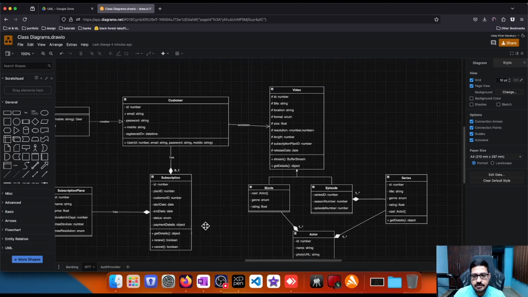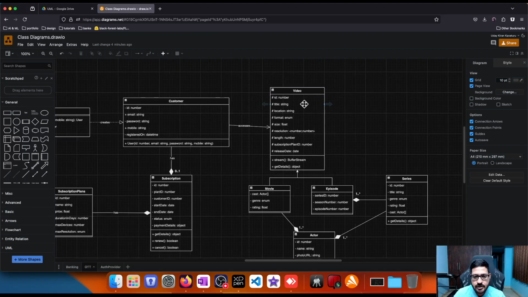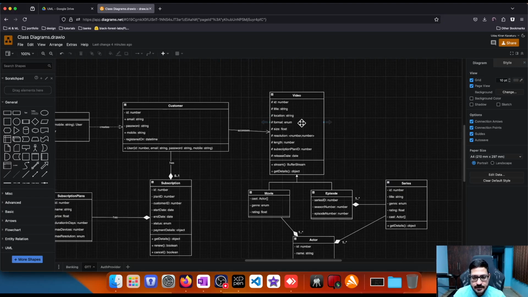Now let's look at the video. Video has an ID, a title, the video title, and the location where the video is present. This is the location URL. Maybe it is in some kind of a CDN or in a storage bucket somewhere. And then we have the format of the video, whether it is MP4, MOV or things like that. And then we have the size of the video, the resolution of the video, the duration of the video, which